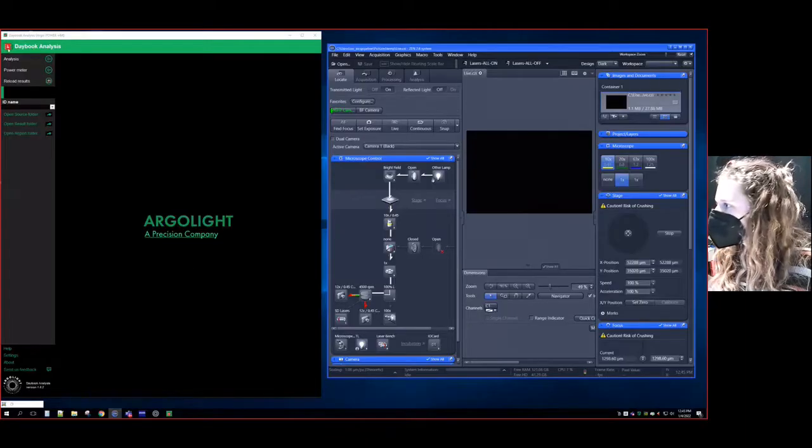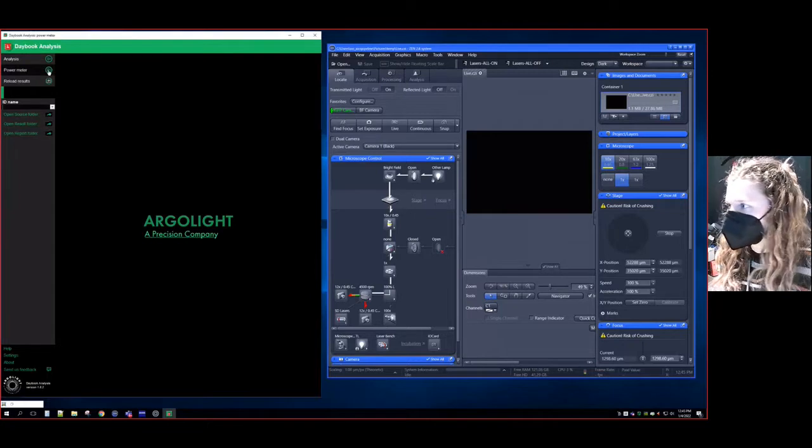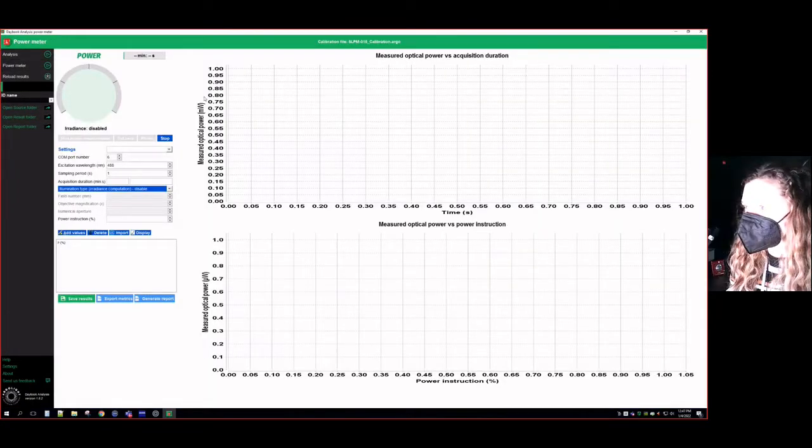We can open the power meter tab and assess a few parameters over in the left-hand panel. We want to check our COM port number is autofilled, which indicates that our ArgoPOWER slide has been picked up by the computer. We want to enter our excitation wavelength to match the wavelength of the laser that we are